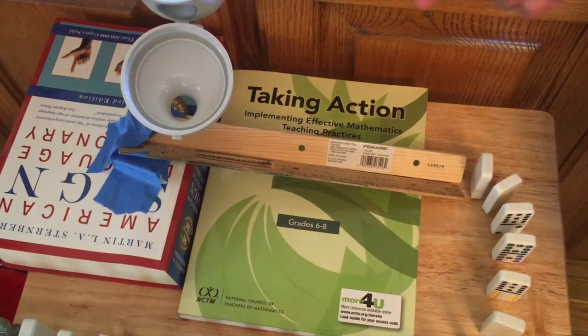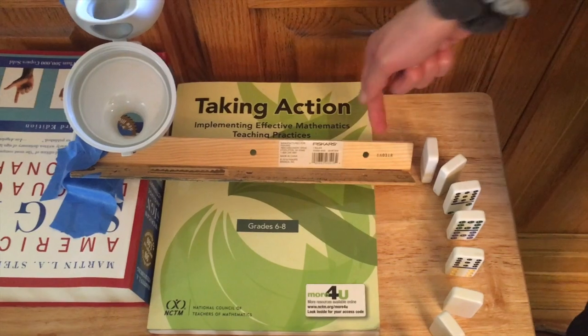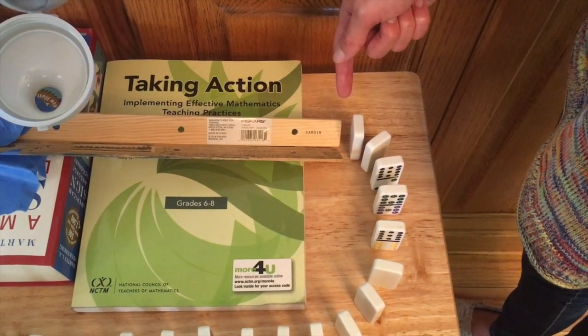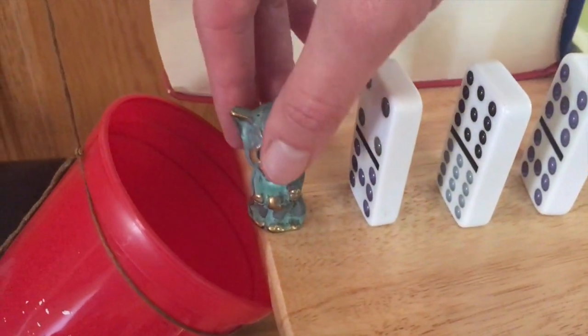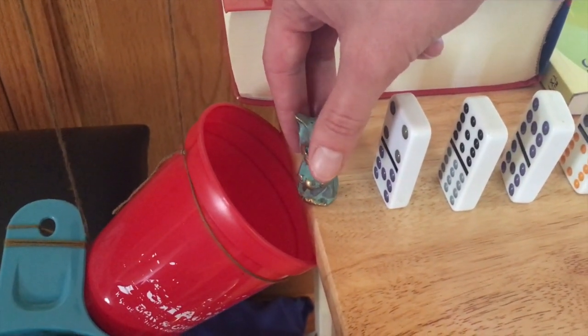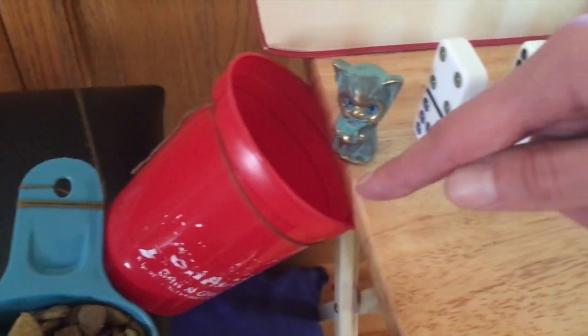and at which point it will go down this incline that we've created by placing the 2 rulers here, and collide with the first domino. Of course, you've all seen the domino effect where one domino hits the other and they all fall down together. And then when the last domino falls, it's going to hit this tiny little cat, which, though you probably cannot tell, is very, very heavy. It is made of solid brass. It was a gift. And so when that solid brass cat falls into this cup, since it's pretty heavy,